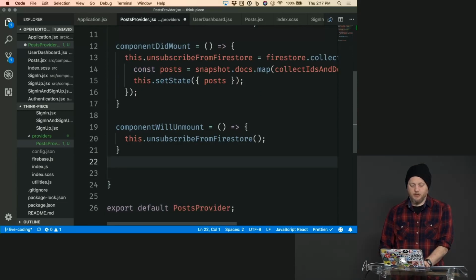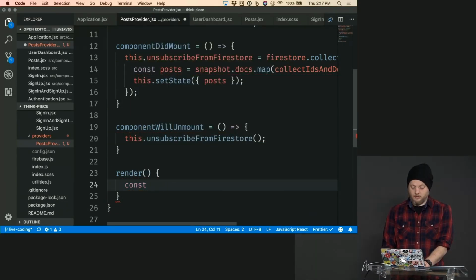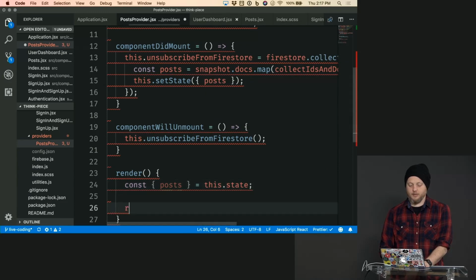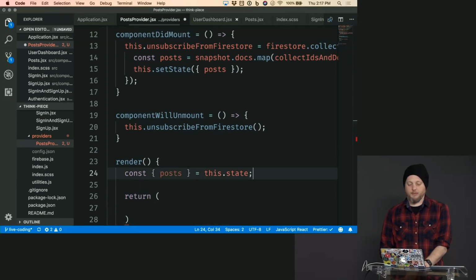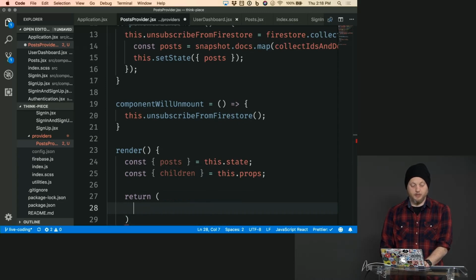All right. So we'll go ahead and we'll render. And we're going to need the posts from this.state. Again, this is so far very similar to what we had in the application component. You could theoretically have copy and pasted most of this out so far. Where it gets a little bit different is that this component will take some children. And it will return the